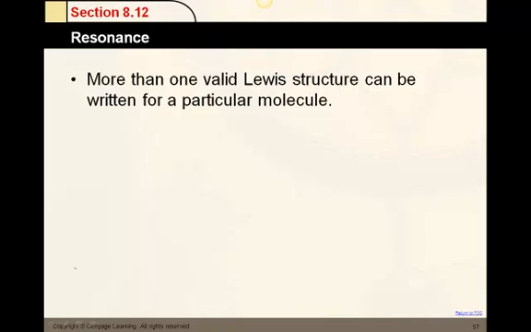So we've already talked about that as the expanded octet. Here's a new topic for us. It's resonance. Sometimes there's more than one valid Lewis structure that can be drawn for a particular molecule. For example, NO3. Now, if you add up the total number of electrons for NO3, you're going to have 24,